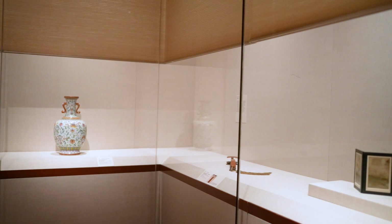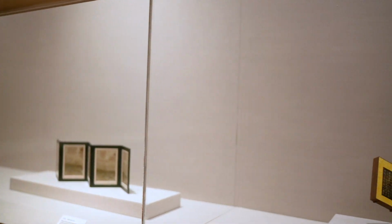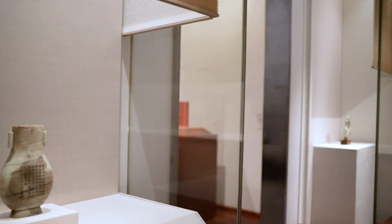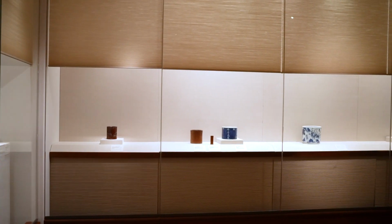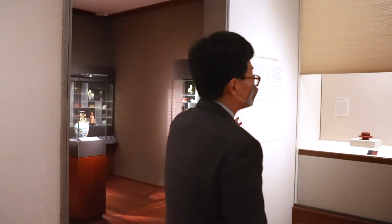For this exhibition, we are in the first room. In this room, I will focus on how the working systems of Chinese artists operated over the last 500 years or so in the history of China. Here you will see three groups of things. The one on the far left,